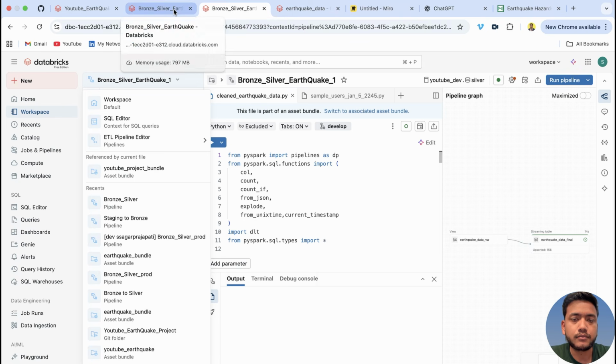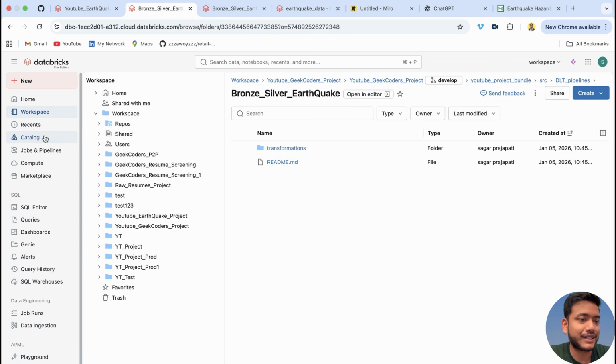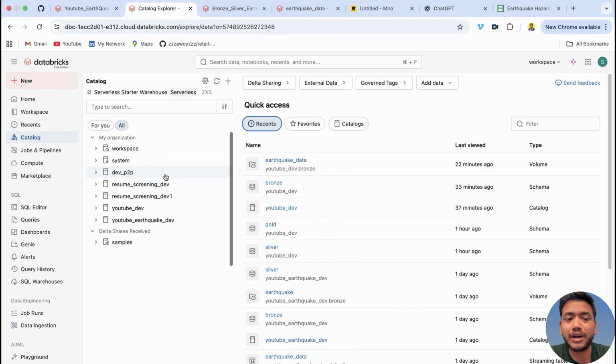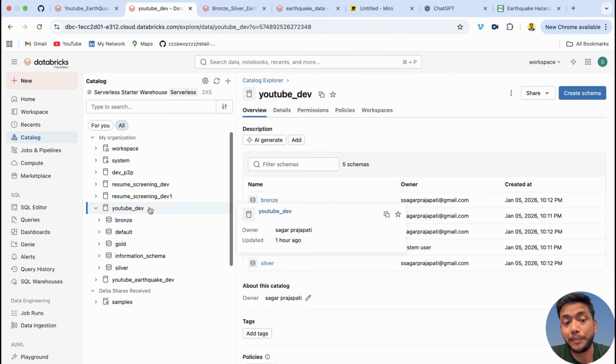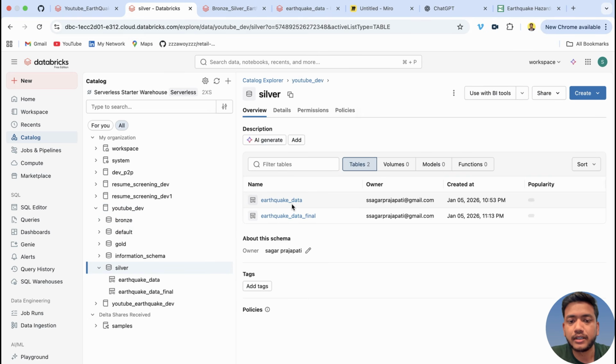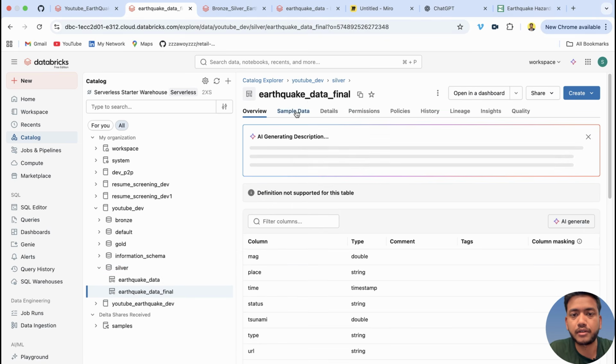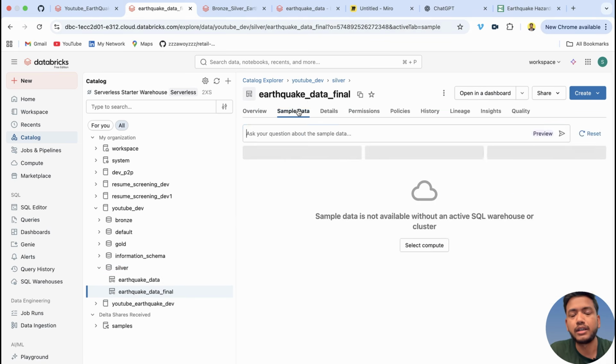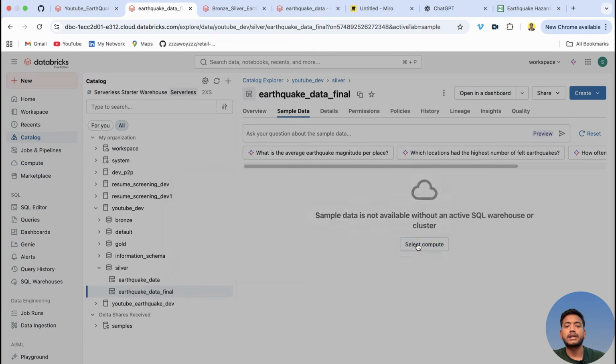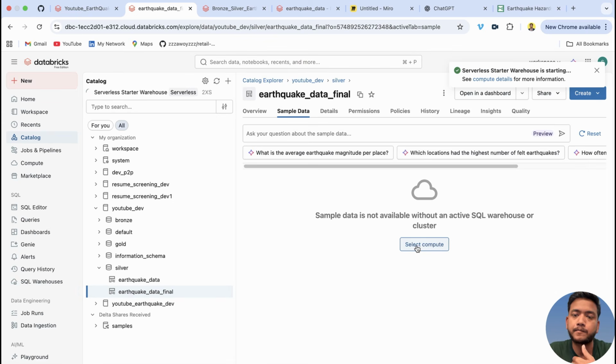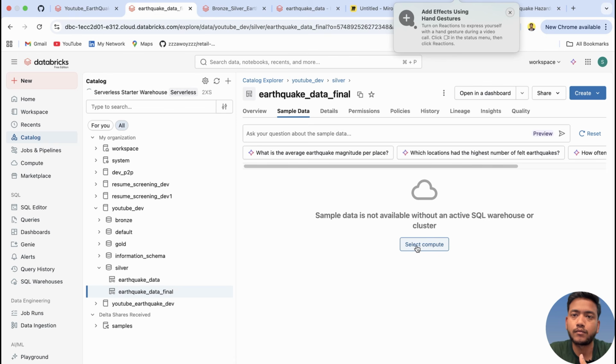Before that, let's try to understand the data, buddy. Then only you will understand what you are working on and what you want to build. I don't want this data, so I can remove it and just use this table, earthquake data underscore final. You'll see over here in the sample,